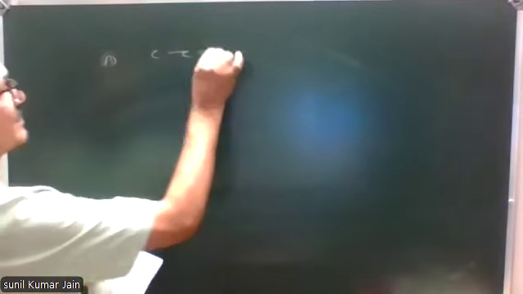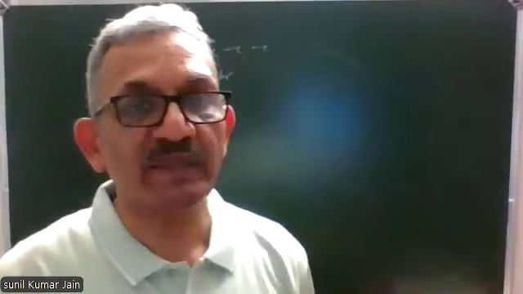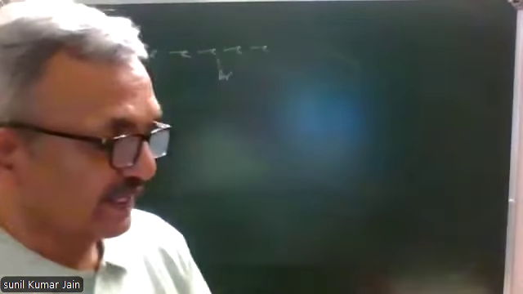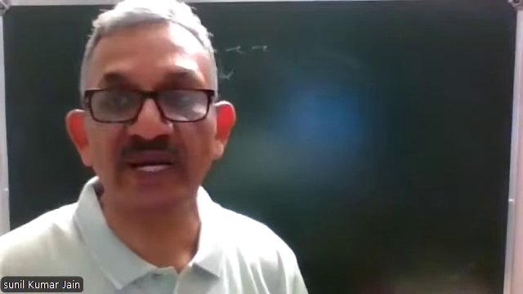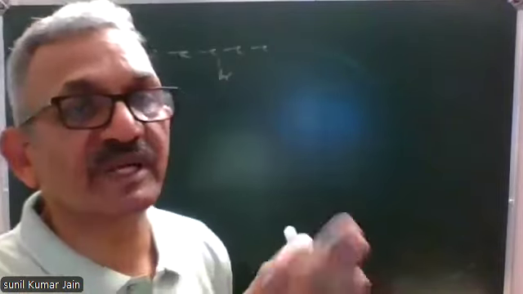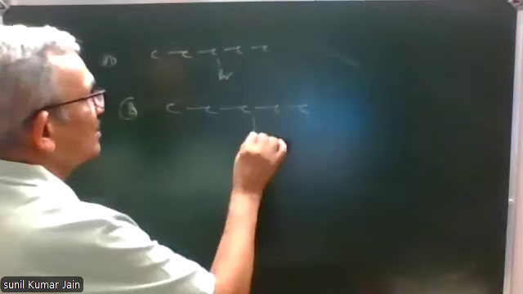Now coming to fill in the blanks. First is pentene plus HBr gives A. I'm directly writing answers because I want to save time. So A will be 3-bromopentane. This addition will take place according to Markovnikov's rule. This product A, 3-bromopentane, is reacted with sodium iodide in the presence of acetone. This is Finkelstein's reaction in which bromine will be replaced by iodine. So B is